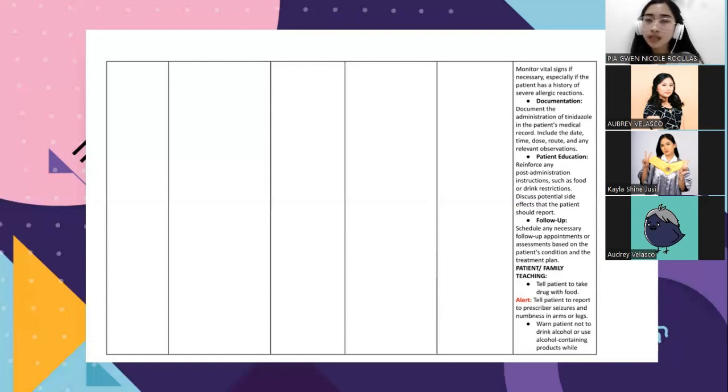So, next is the patient and family teaching. So, we have to tell the patient to take drug with food. So, tell patient to report to prescribers seizures and numbness in arms or legs. So, kailangan din natin sabihin sa kanila na mag-report sila ng any types of discomfort like seizures and numbness sa kamay at legs nila. Next is warn a patient not to drink alcohol or use alcohol-containing products while,